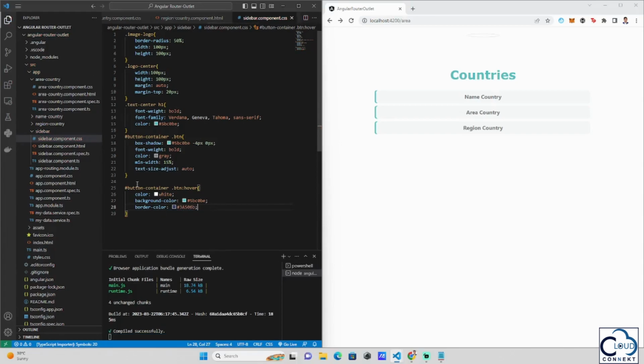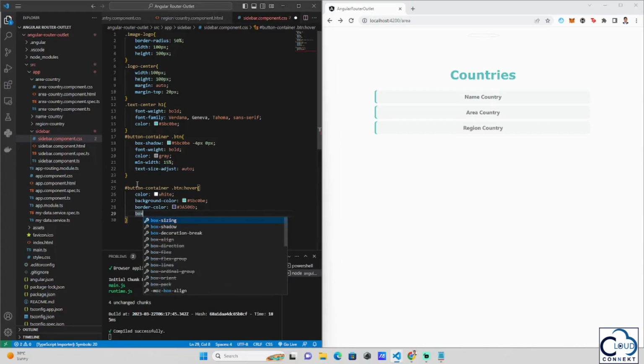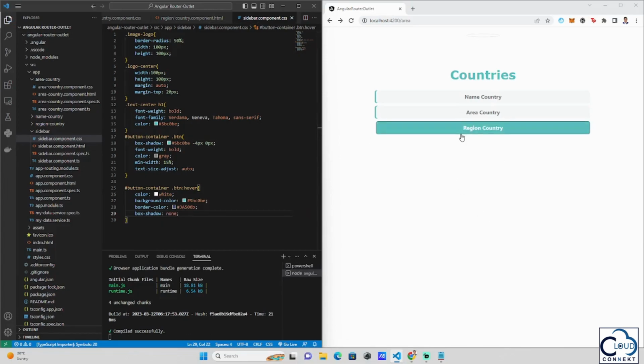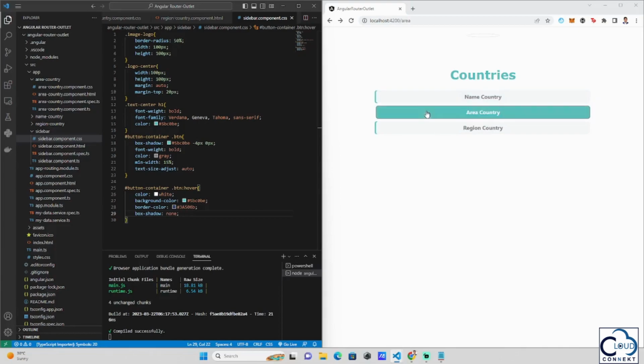Then save it, and then box shadow is none. Then if you can see as I hover it, you can see that there's already an effect that's happening to our buttons. And then next is